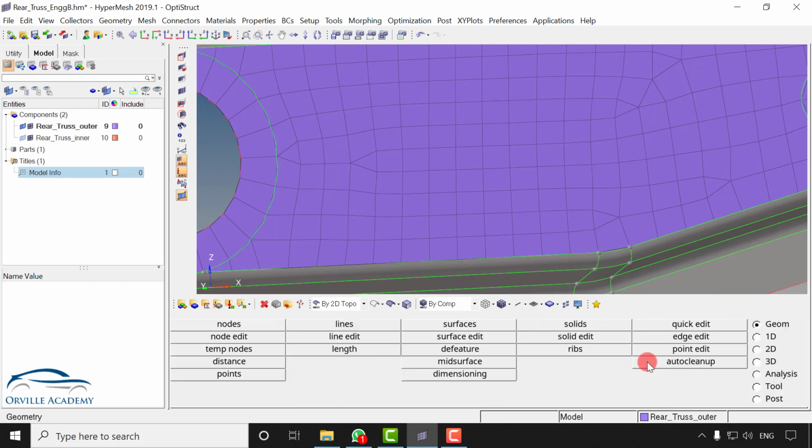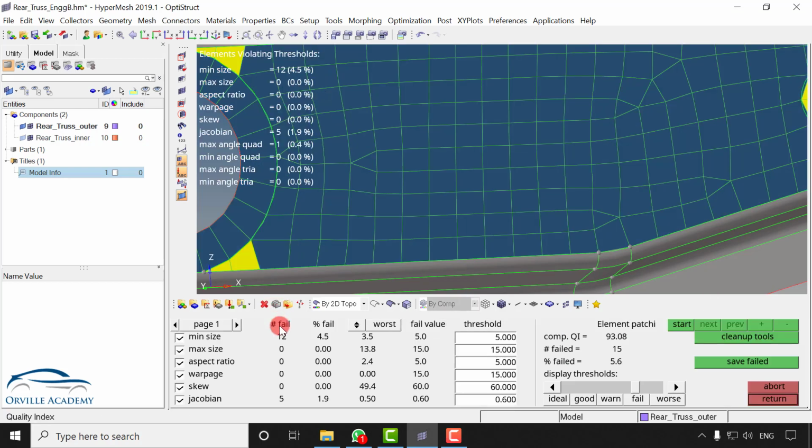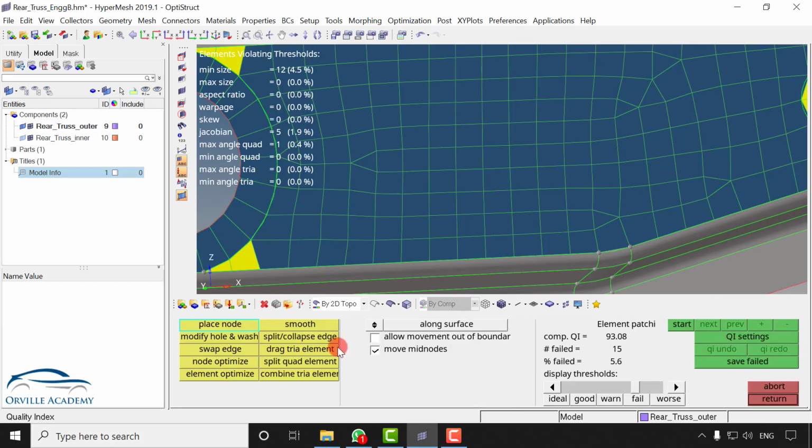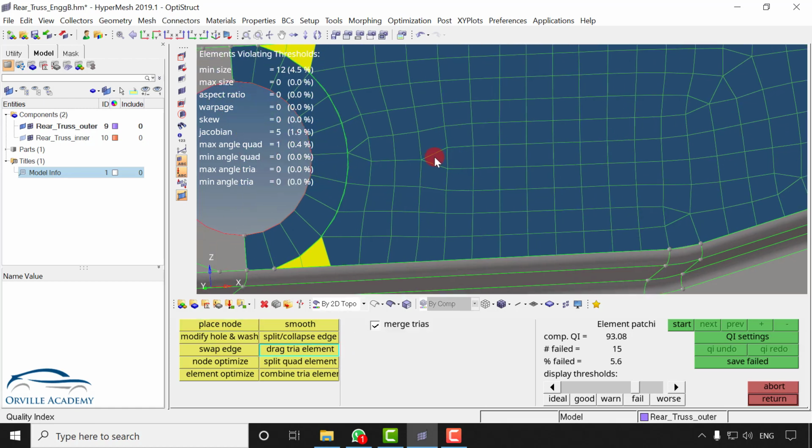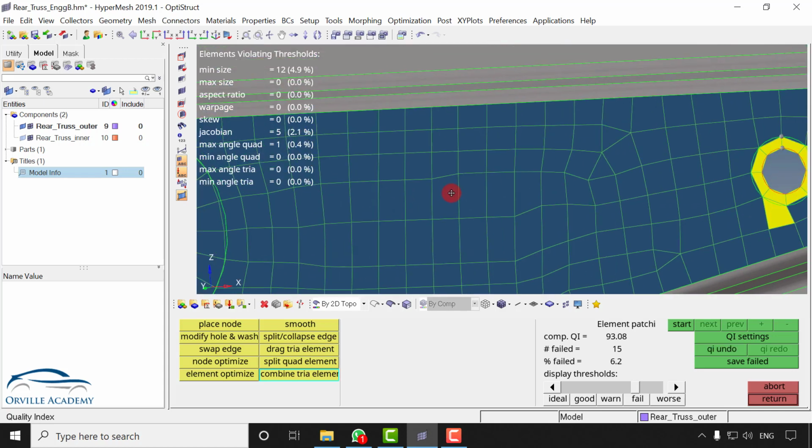So I can go for 2D quality index, let's say cleanup tools, and say drag tria element and just drag this tria element downward so that they will get merged. In similar fashion I will drag this tria element and this tria element to this, and then I can go for combine tria element and combine these two triangular elements.